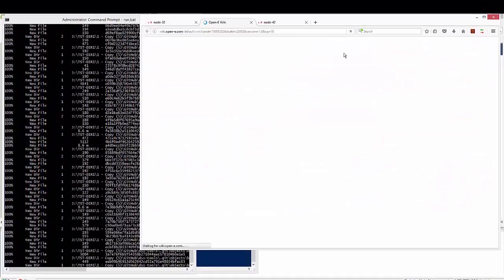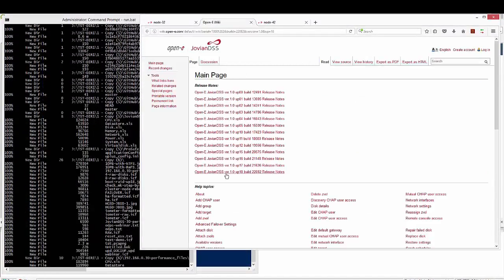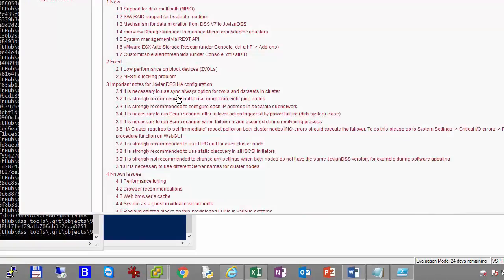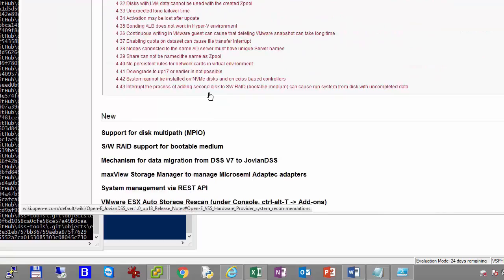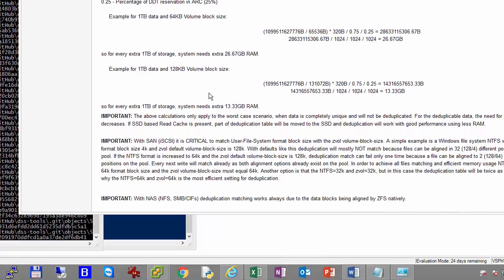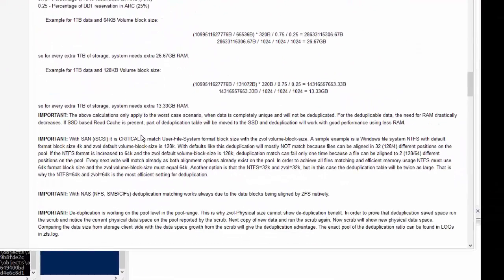You need to go to the help and the fresh release notes, so UP18. And in UP18 we have added a comment because it was unclear how the duplication works when iSCSI is used.